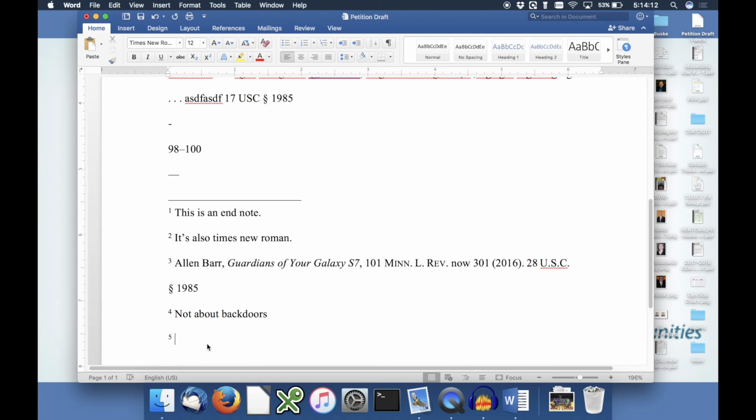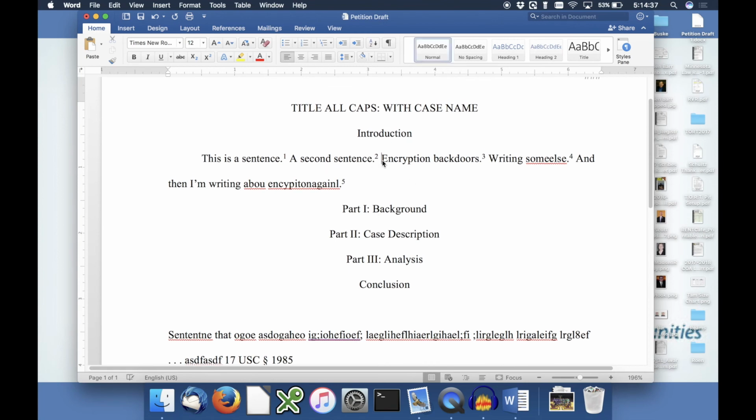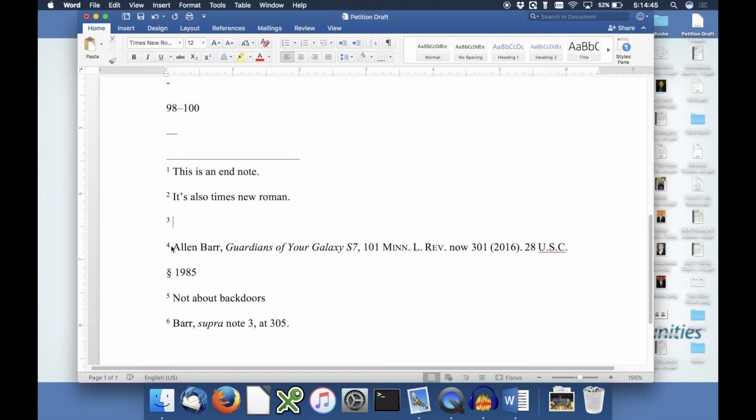One way you can do that, which I wouldn't recommend, is to just type it all in. Like that. And you could do that for every source. But the problem you're going to have is that if you go back and then add another sentence earlier in the piece, and that one has its own endnote, it throws all the numbers off because now the source that you're supra-ing to isn't 3, it's 4. So what you can do instead of just typing in a 3 here